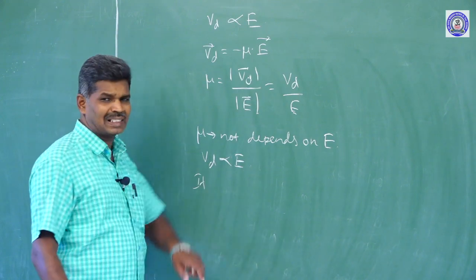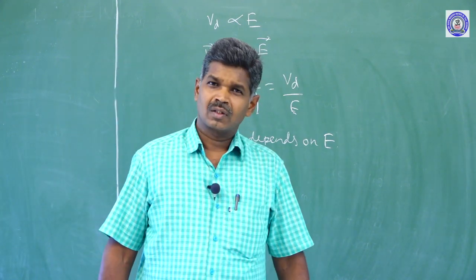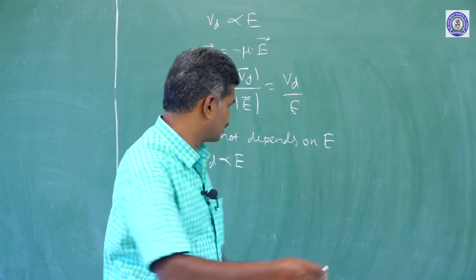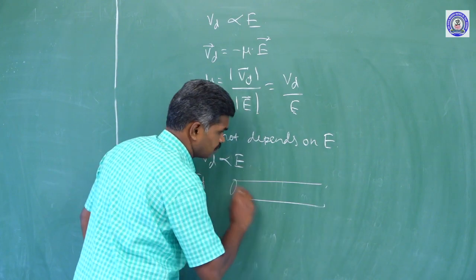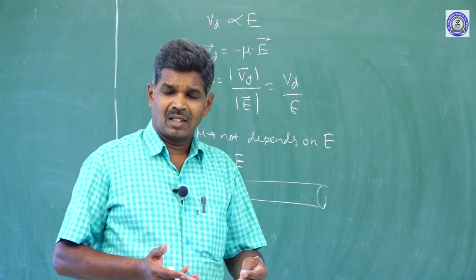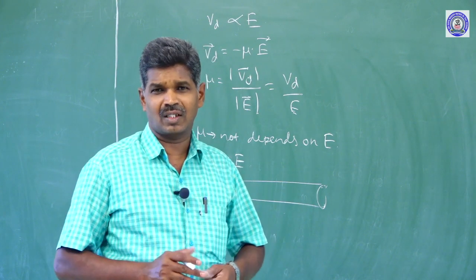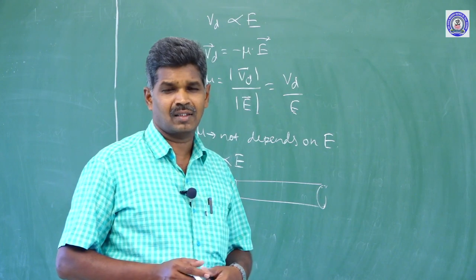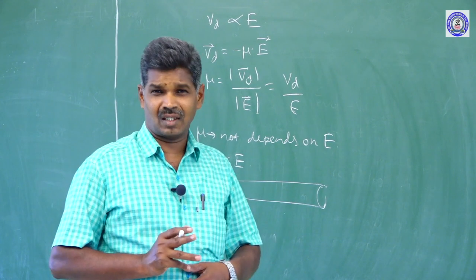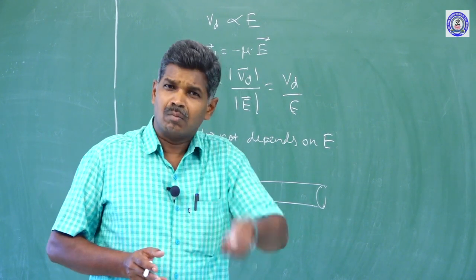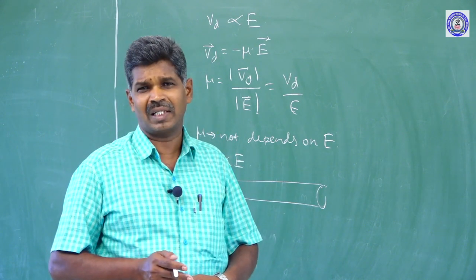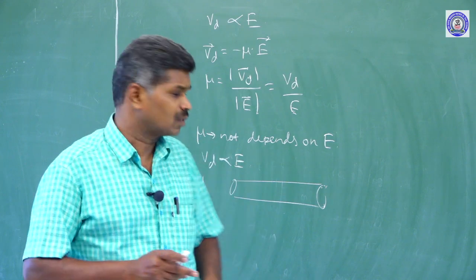If temperature changes, that is, atoms and ions in conductors make more vibrations. Suppose you use a conductor in an electrical circuit, current flows continuously, and the temperature may increase. If the temperature increases, atoms and ions on the surface of the conductor make more vibrations. If those atoms and ions make more vibrations, then the tau value decreases.